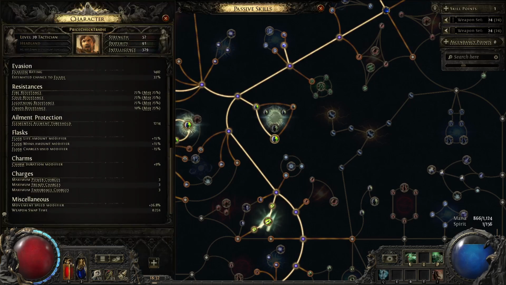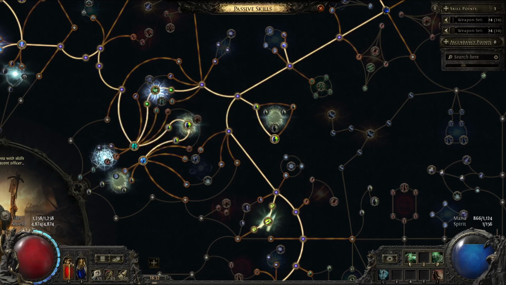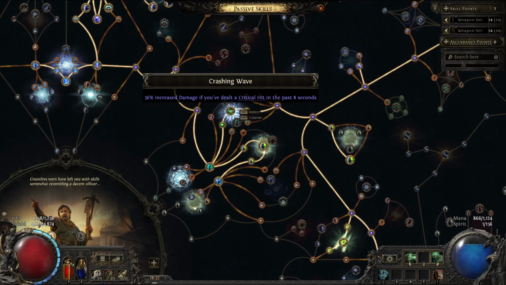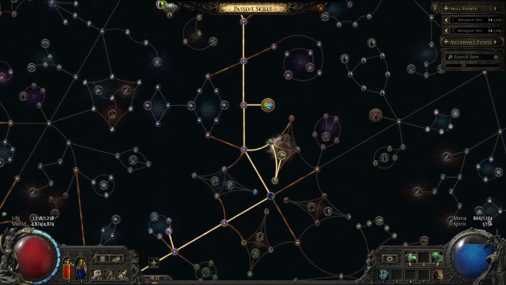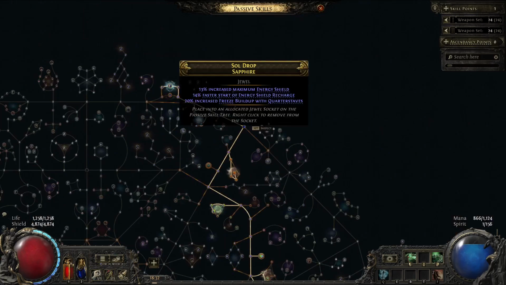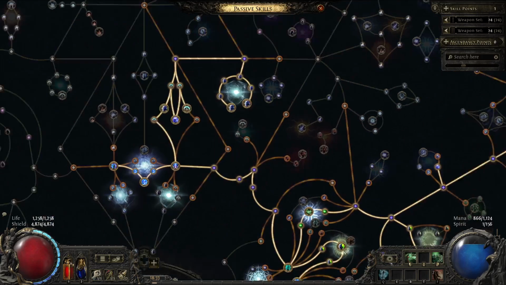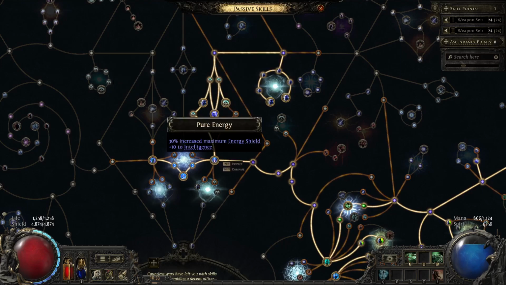My movement speed is nice. It's 36%, and I think sometimes it's higher. ES, nothing special. I just took these because they're kind of on the way up here. Attack and cast speed, critical hit chance. So we can look up here first. Physical damage. Break armor, ES, physical damage, ES, critical hit chance, ES, mana regen, which we really need, ES,